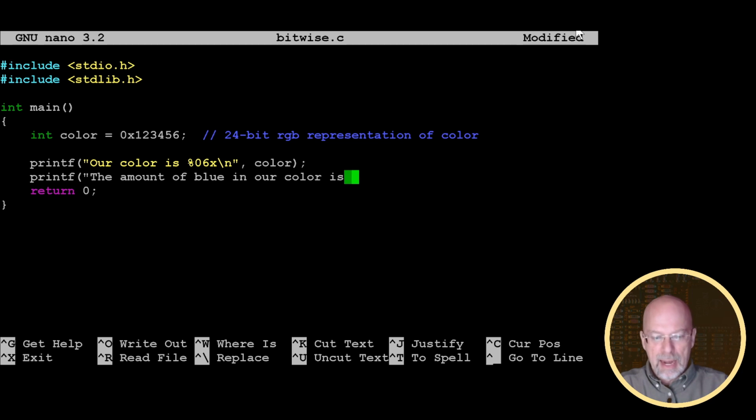is. And I'm going to put the %02x and then the \n. Now, what am I going to put here? Well, remember that color has all 3 colors in it, but blue is only the least significant 8 bits. So we're going to use a Bitwise-AND in order to clear out the other bits so that we can see what the amount of blue is. And in fact, since blue is only going to be 2 nibbles wide, we're only going to output 2